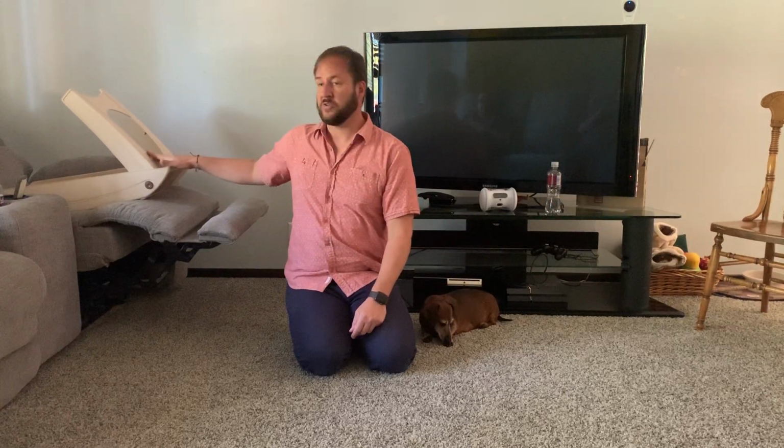So some of the rules we talked about: not being allowed on the furniture. You can get those X mats, the letter X, M-A-T-S. We have this little ladder here that keeps two of the dogs off the furniture, but he can jump up. So we might have to put those X mats. They're about 11 or 13 bucks a piece. You have to get a couple of them, and you just fold it and put it under the chair when you're